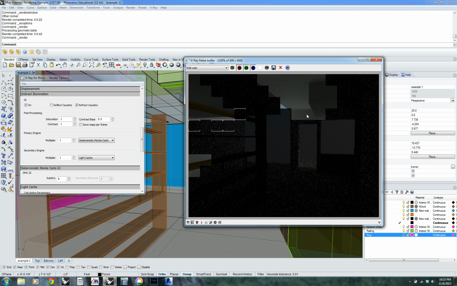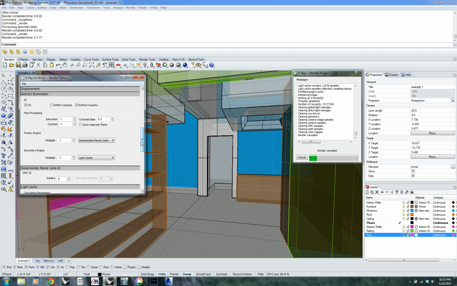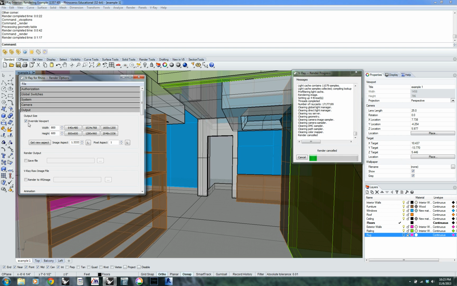Okay, so this is looking pretty good. If I was doing a series of test renders, I would probably let this render all the way out and just take a look at everything, make sure everything looks pretty good. And then if everything was looking good, I would come back over here. There are a couple different things. One is that you can really get some pretty good adjustment in terms of